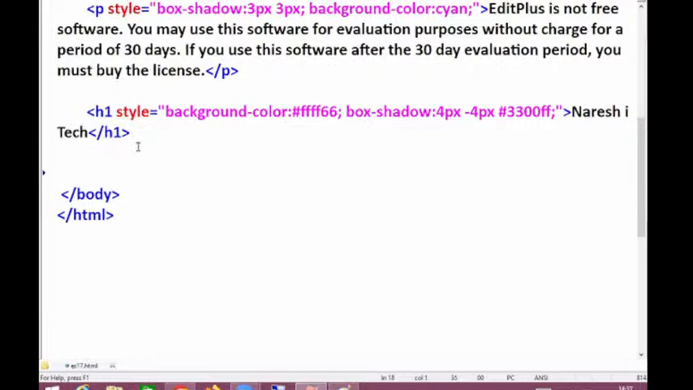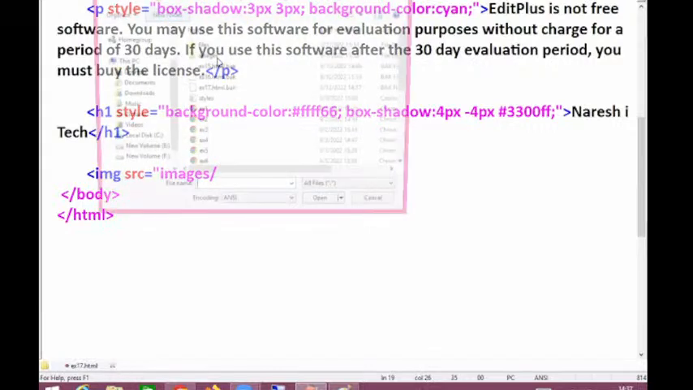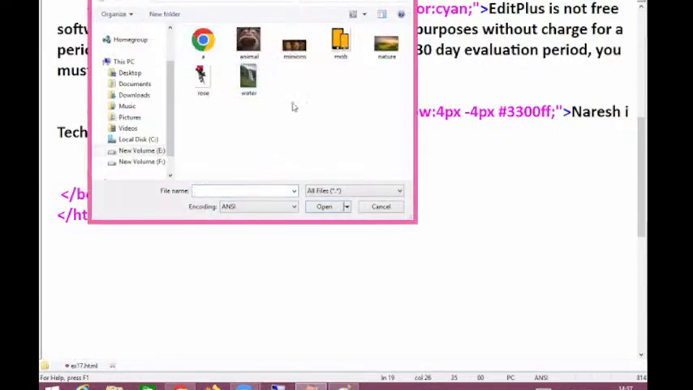Next one. I'm going to show one more, sir. This time I'm taking the image, and I'm applying the shadow to the image. So src equals, go to the images, pick one of the images available in our folder. This time I'm taking rose.png,